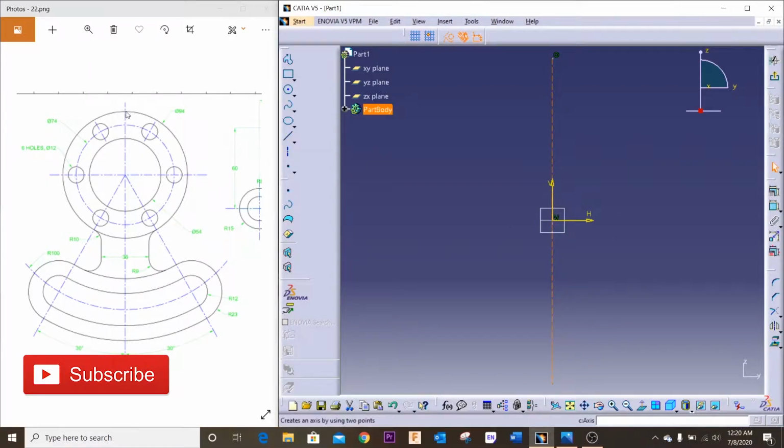Now we got the straight vertical line here, and the first thing I'm gonna do is make this circle whose center is going to be somewhere around here. I'm not going to make it on the axis, on the origin, sorry. So the origin is going to be somewhere around here. Well, that's just my convention. You can make this your origin as well. So first thing I'm going to do is deselect this construction / standard element,